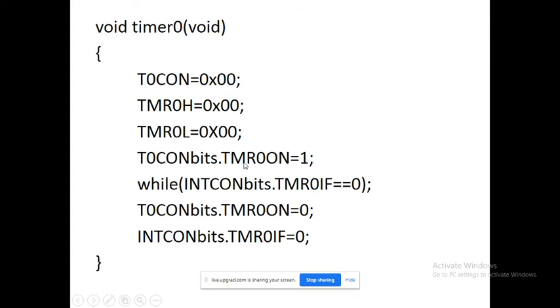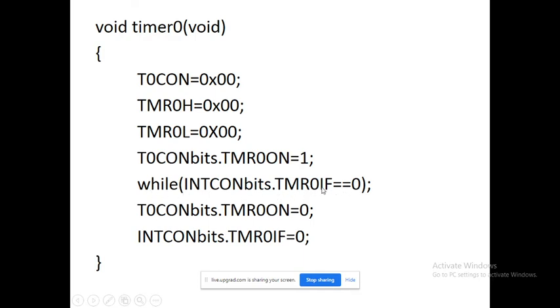When the timer gets started, it starts getting the pulses and moving from the initial value, that is 0x40, and it is continuously updated every time, and it wants to reach up to the maximum value, that is 0x4F. Continuously we are just waiting for the timer 0 interrupt flag. When the timer is in process, this bit continuously remains 0, and when this remains 0, you remain in a while loop.